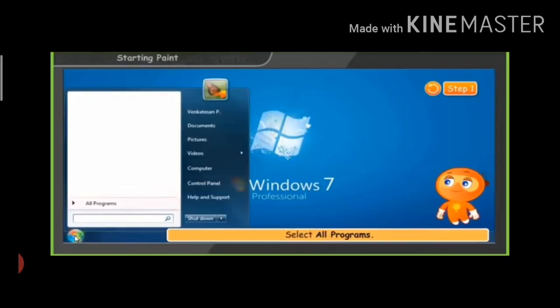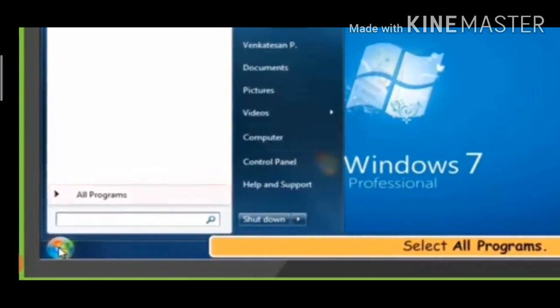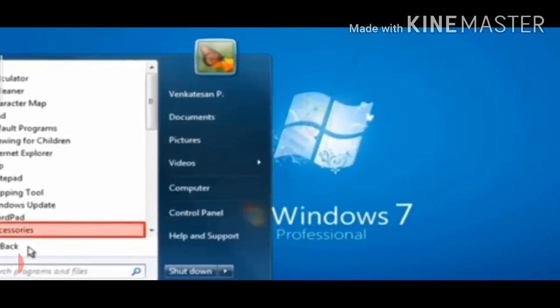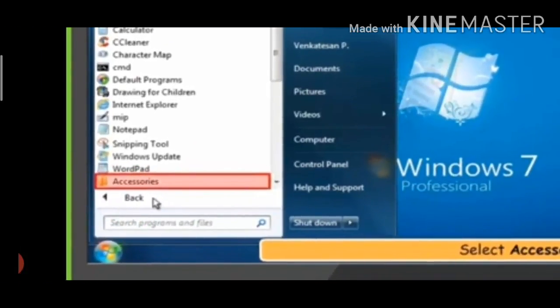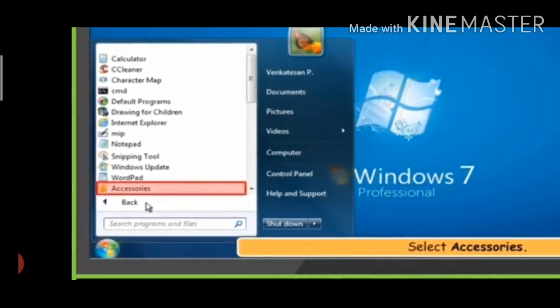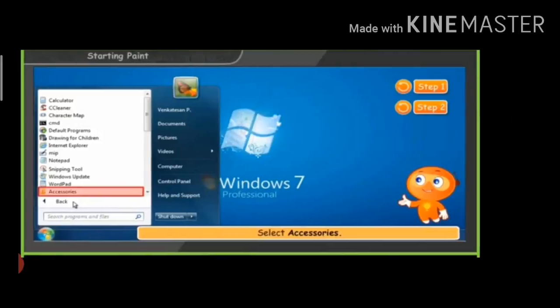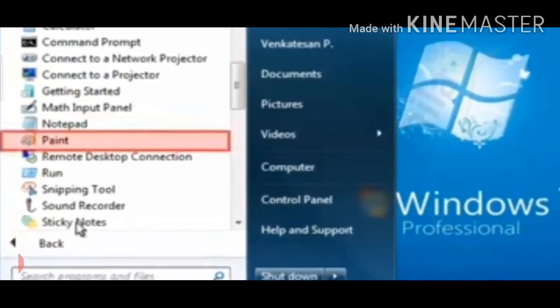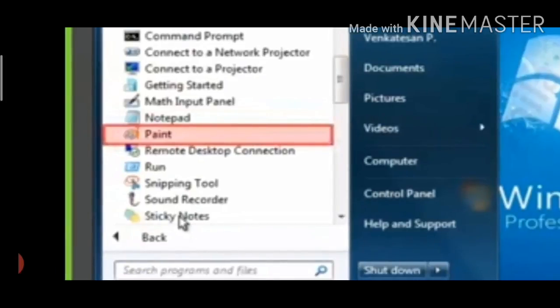Now next is, after selecting the start button, we have to select all programs. Yes, after selecting all programs, select accessories. In accessories, we will get the paint button, so we have to select this paint option.